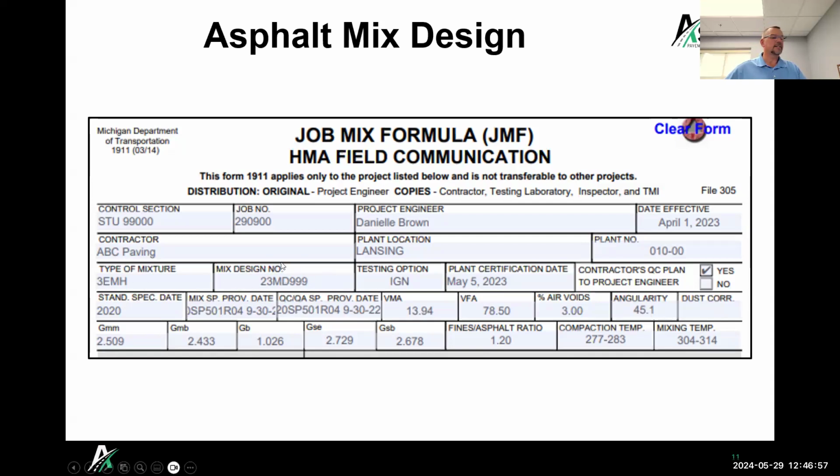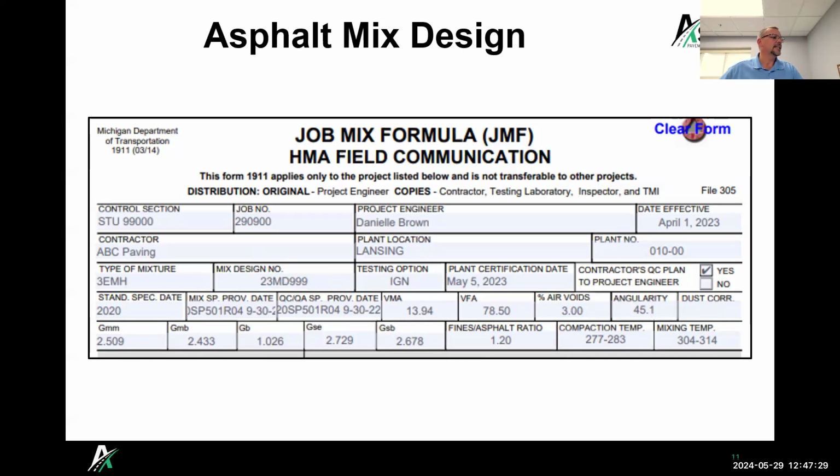Mix design number: every mix design has a specific number assigned to it. Sometimes they might have a mod behind it, like if you get into doing JMF request changes and things, that's a whole other subject. The mix design numbers are really a tracking thing for the DOT, obviously, because that's who we're talking about here. They have catalogs of all their mix designs, and then they know what's been tested and checked and all that.